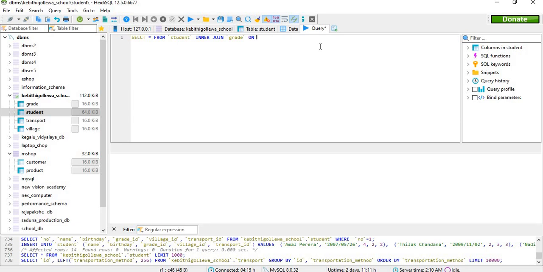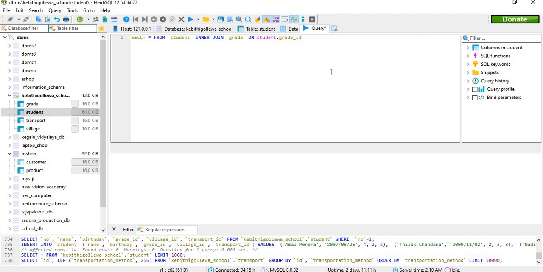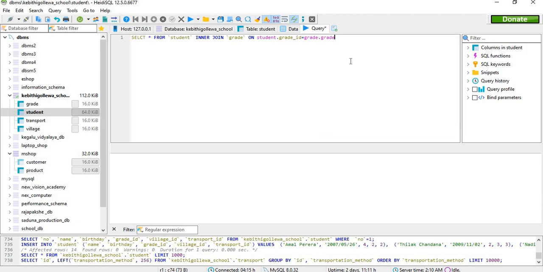Now we must say whether the student dot grade id equals to the grade dot id,